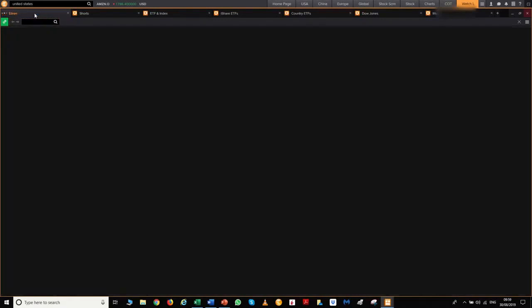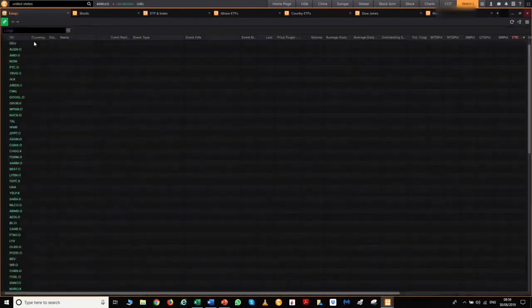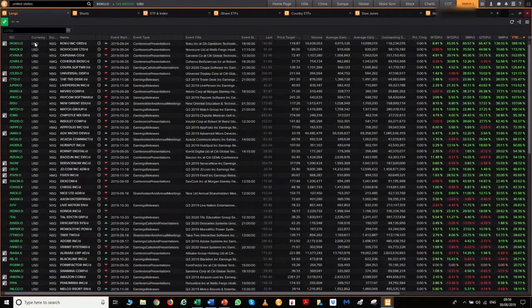So here's just an example of a different type of watch list. What you're looking at here is a gigantic watch list that I have, but it's a watch list within the app which you can create, and you can create any column you want to. First column I have is the RIC, the currency it's traded in, what exchange it's on, its full